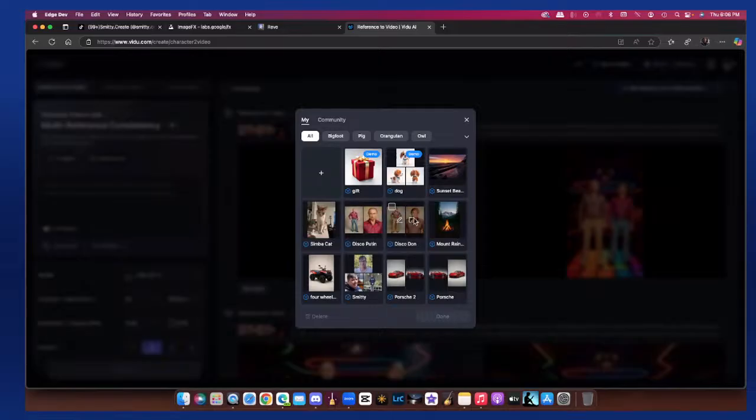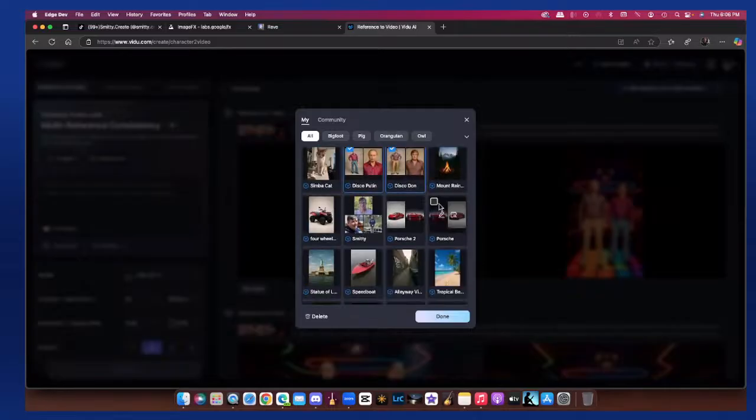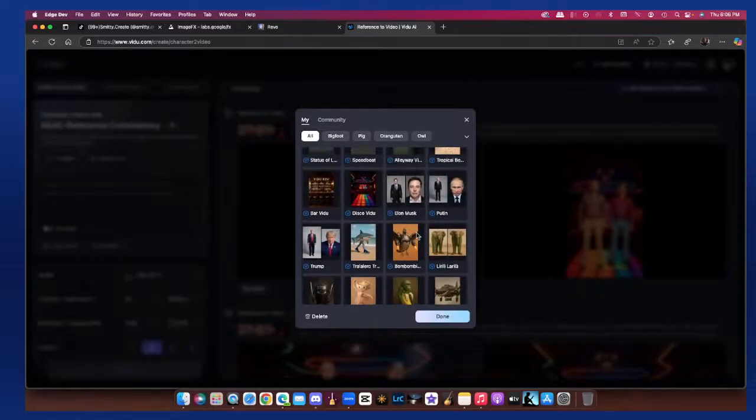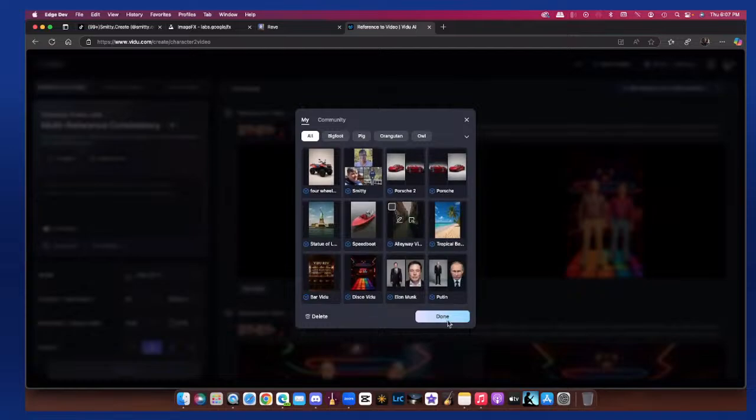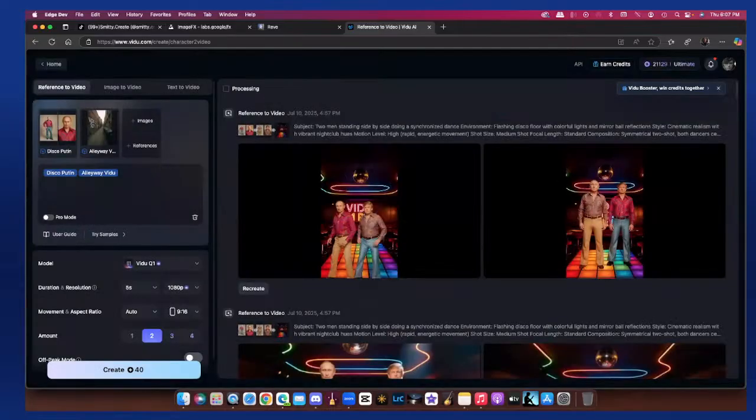I'm going to grab these two guys here that I made, and then I'm going to put them in a scene. I do like this. Well, let's start out with something simple. Let's just start out with one guy and put him in a scene, and we can add more people later. So you've got your two people or your two items references listed here. And of course, if you name them when you create your reference, it'll show a name of them in there too. So in this case, I'm just going to say the character